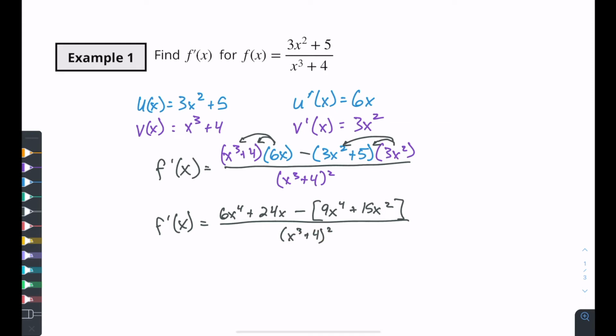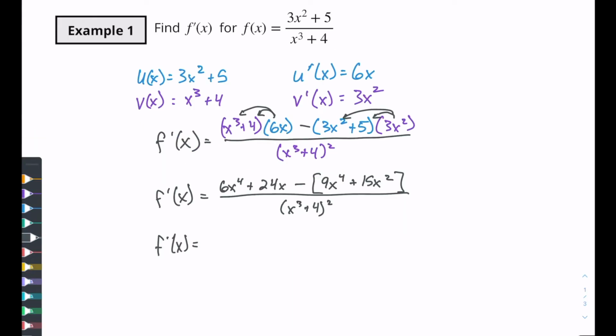Because again, if we're trying to find this for some value of x, if we're trying to find where the slope is at a specific point, we're going to want to drop those values in. So to calculate all of this will be much easier to just leave this in parenthesis form. F prime of x is